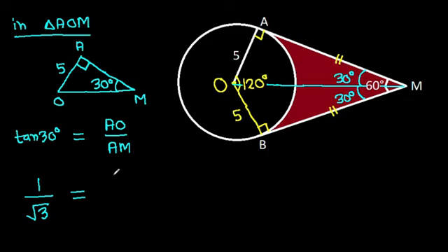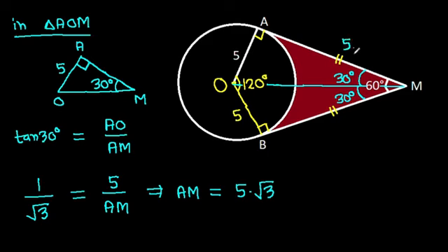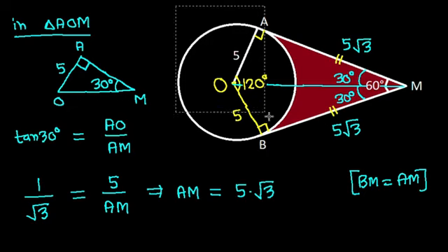It is equal to AO, which is 5, over AM. So AM will be 5 times root 3. AM is 5 times root 3, and BM is equal to AM. So BM will also be 5 times root 3,